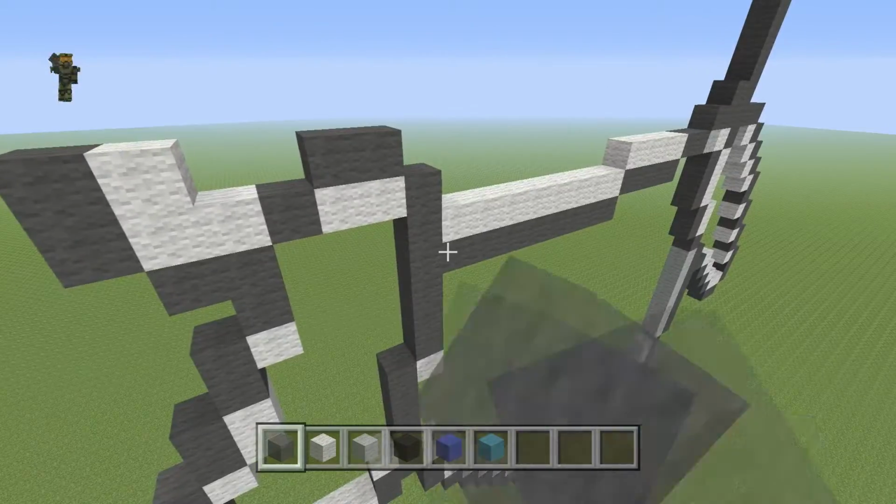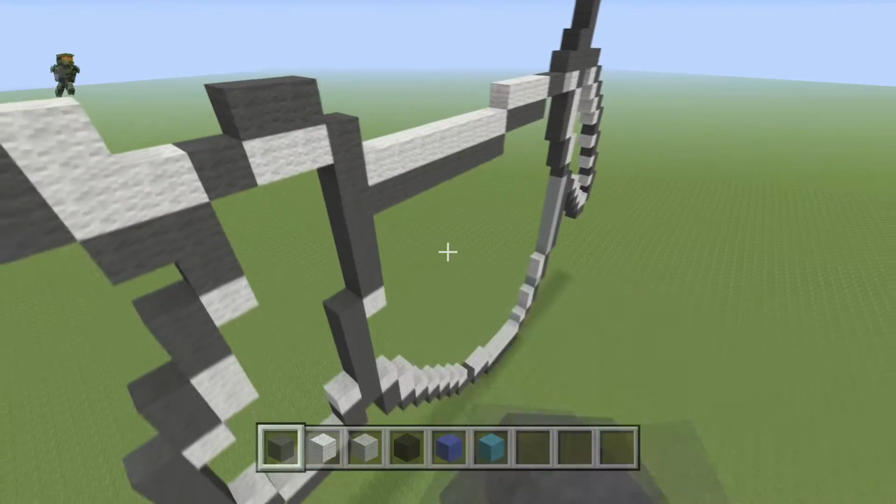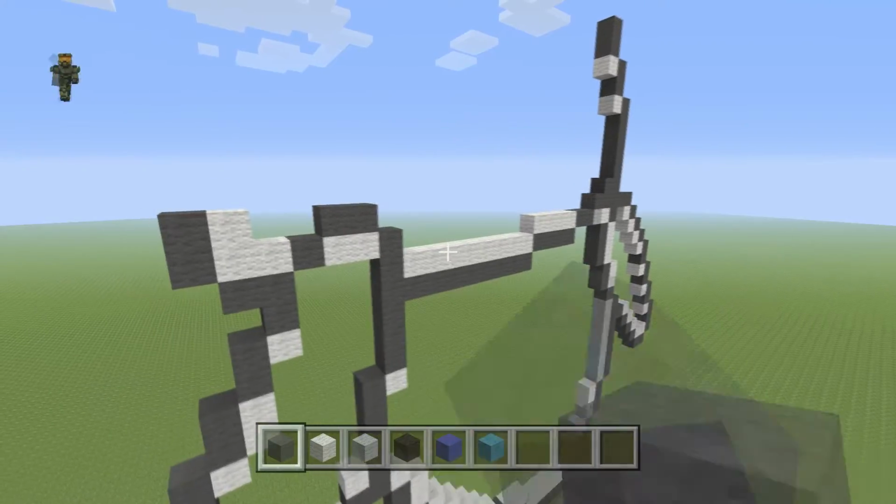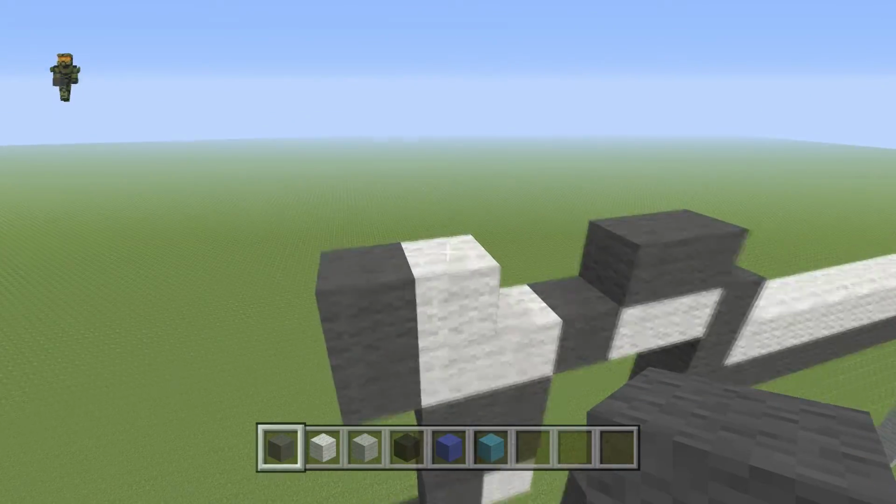Now that side is fine when it matches up just right, because sometimes if you mess up one block, you're not going to be able to meet in the middle like that. So we're doing it right so far. That's awesome. So now we're going to go up here,